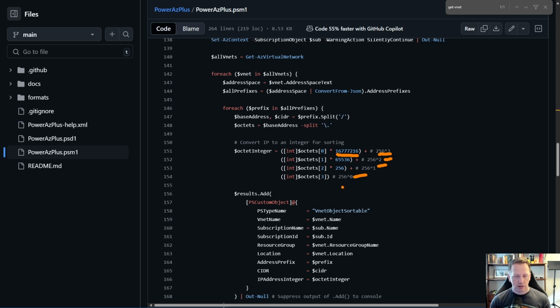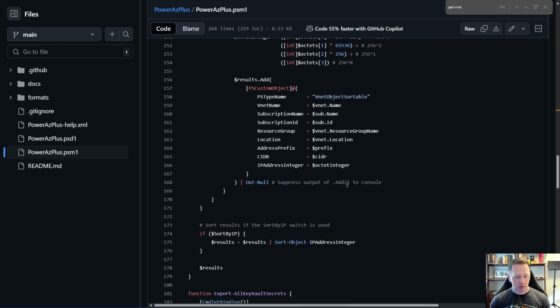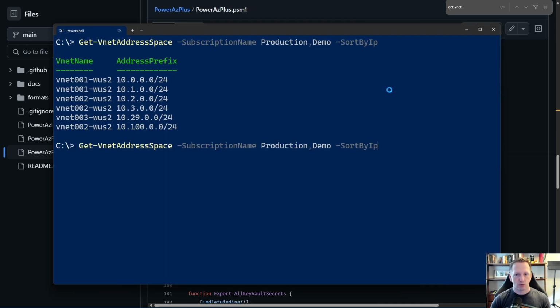I did create a custom object type called VNet sortable object. That way it only outputs the VNet name and the address space by default. Actually, I kind of forgot I did that. Let's try that here. If I were to come in here and do format listing,